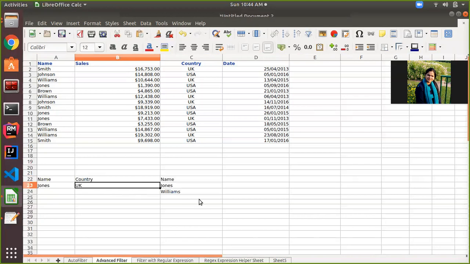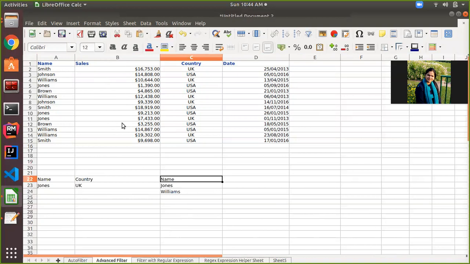So these are our criteria. Now suppose I want to see the sales of John and William. If the condition needs a logical operator, I will write my condition across the column, like John or William.